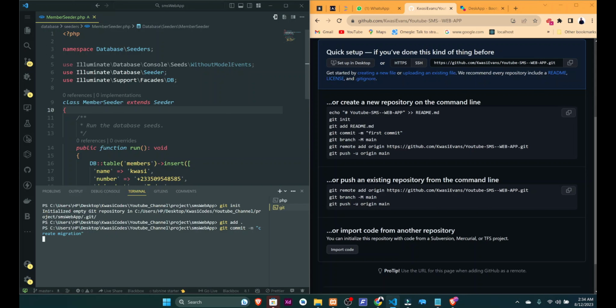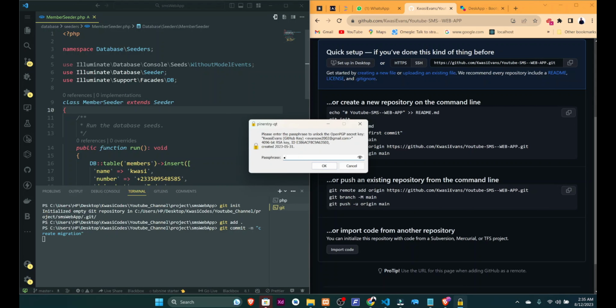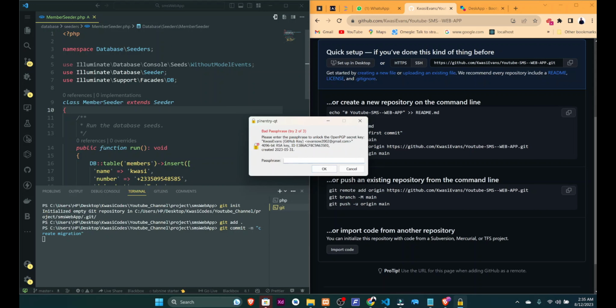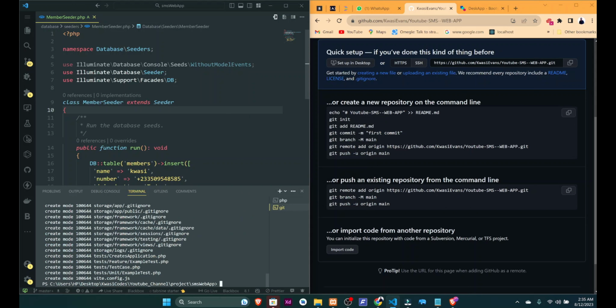You wait for some time. For me, I've done some configuration in my system, so anytime I'm pushing to my Git repo, I have to sign in first before I can get access. Alright,